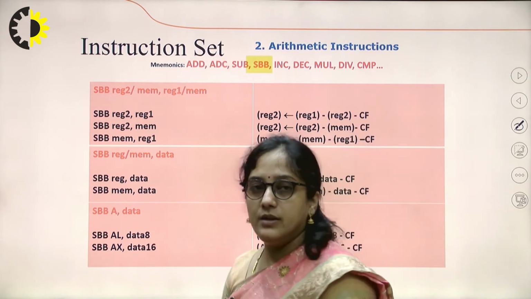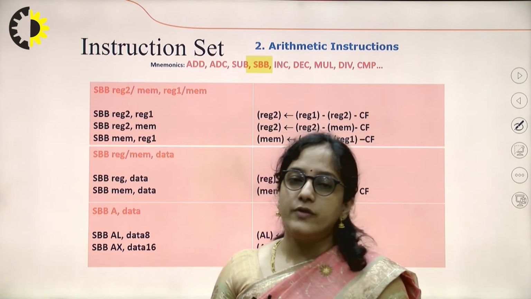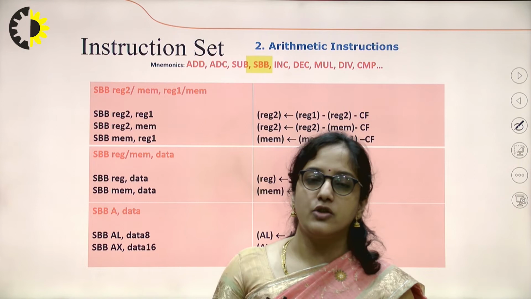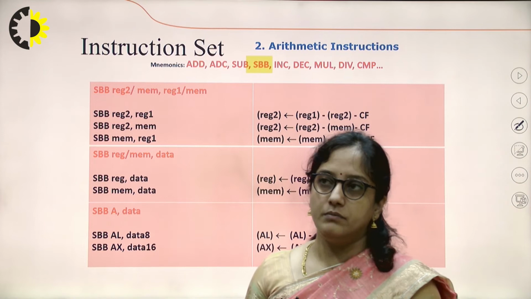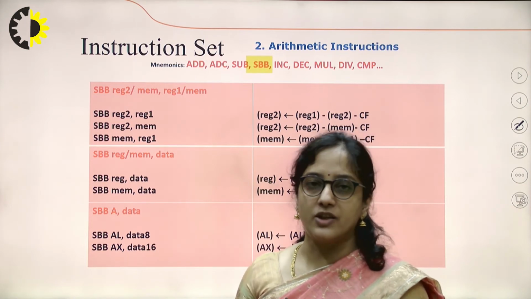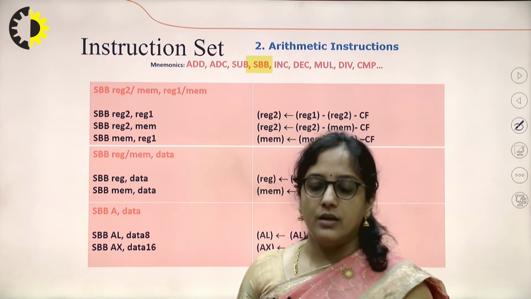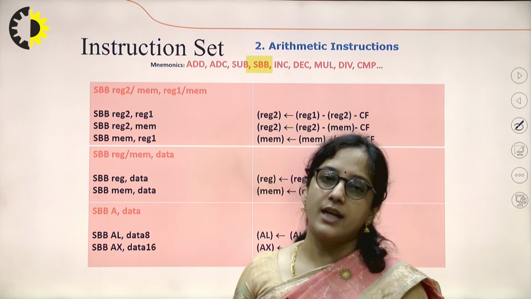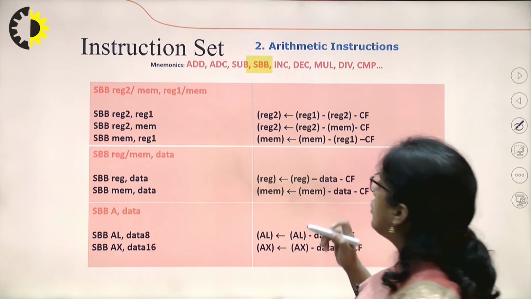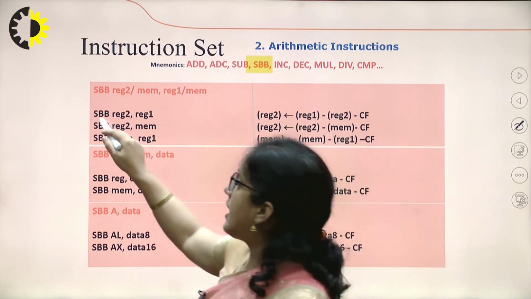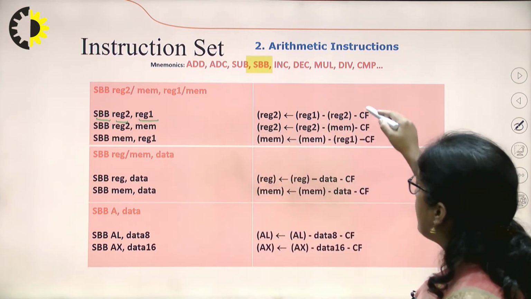Now we will have a second group of subtraction, that is subtraction through borrow. In case of 8086 also, and in case of 8085, we know that the carry flag is used to store the borrow or carry. When subtraction takes place, the carry flag behaves like a borrow flag, and when addition takes place, the carry flag works to store the carry, that is the higher result. So in case of subtraction, if we write an instruction SBB register 2, comma, register 1, then in that case the carry flag is to be considered.